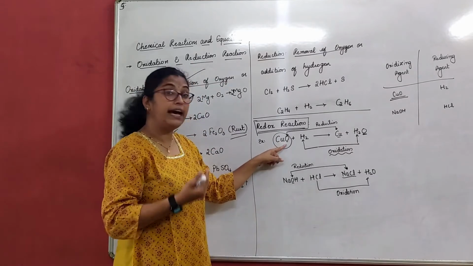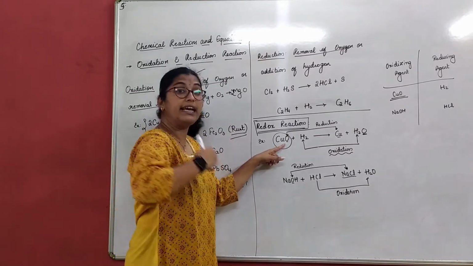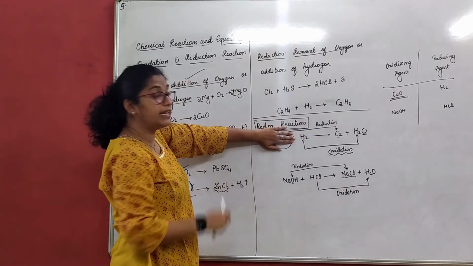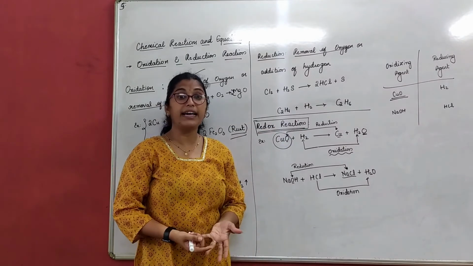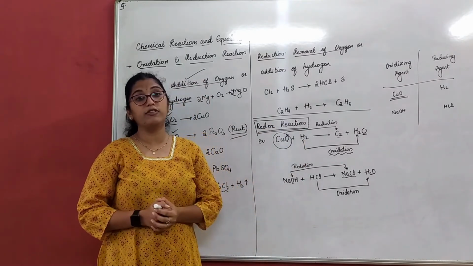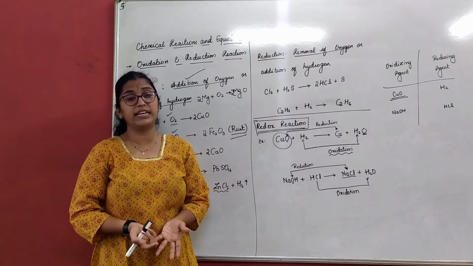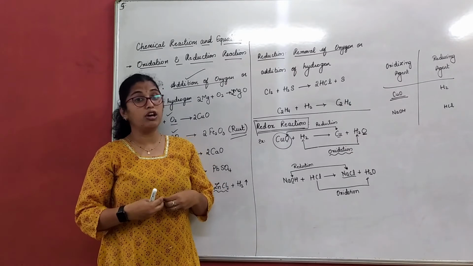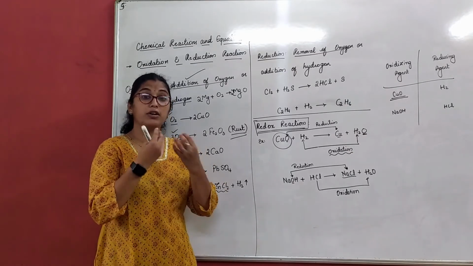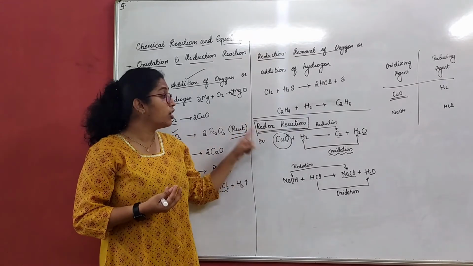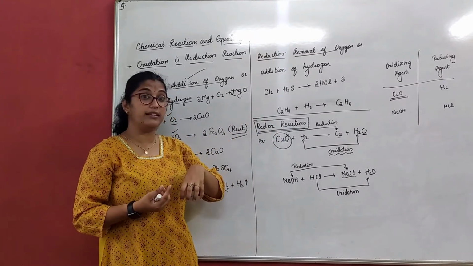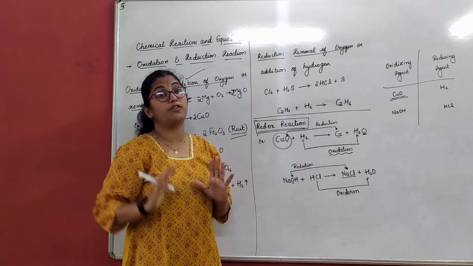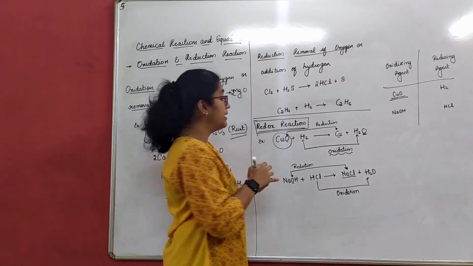Similarly, copper oxide is having oxygen with it. That is why it can give oxygen. If it did not have oxygen, can I call hydrogen an oxidizing agent? I cannot call it that. Why? Because hydrogen doesn't have oxygen. Now can you call me a social science teacher? No, because I do not know anything about social science. Can you call me a math and science teacher? Of course yes, because I know about it. Similarly, copper oxide has oxygen in it, so it is called an oxidizing agent because it can give oxygen from its pocket. It has it already. Okay.